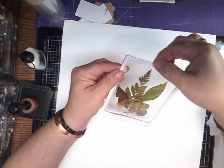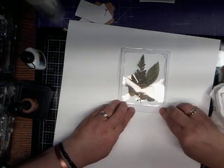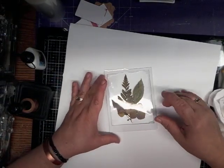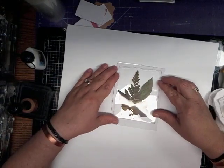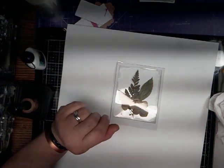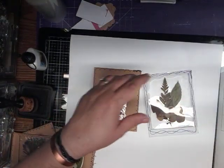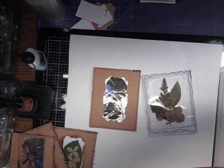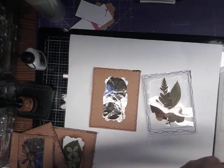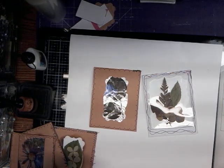And I've got some vellum to cut off there. So when this is all dry and I've got it all sewed around and everything, I'll come back and show you what it looks like. Okay, I'm back, and oops, I gotta move this out of the way. I will show you what...